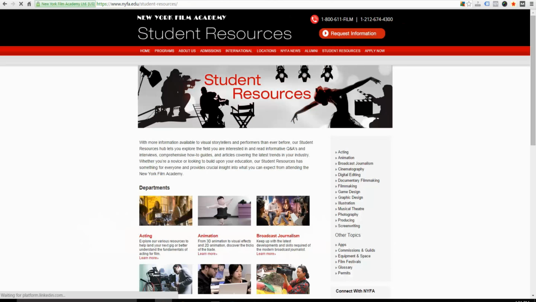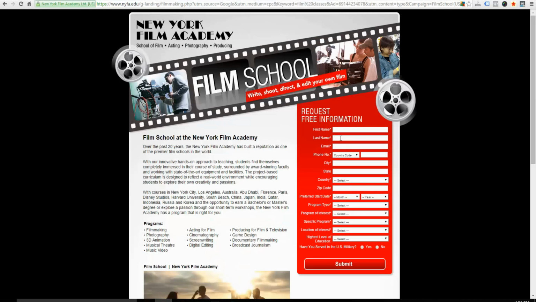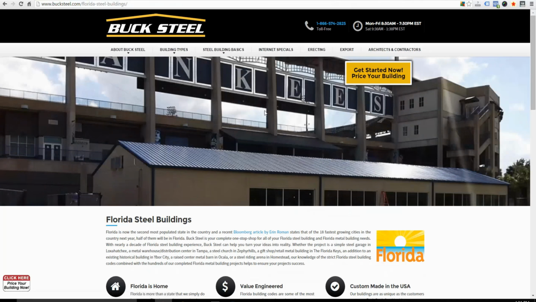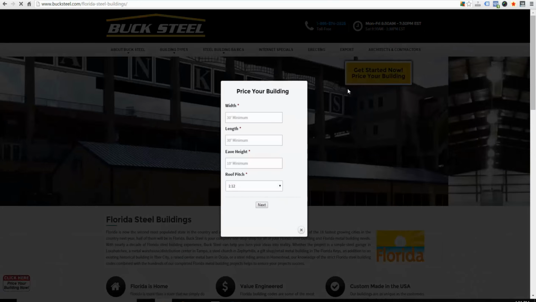The chance of you actually getting their information is pretty low versus this page where they probably have a 50% chance that you'll get their name and a lot more information about them. Actually, they're going to get a lot of information, and they'll have their salespeople call up. With our client, we have this button up here which does very nicely for us.